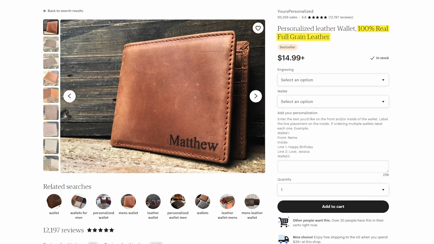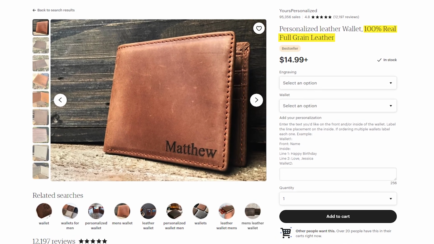So very important to actually use descriptions and values and things that will actually describe the product a little bit more. Instead of saying excellent product quality, maybe you could say, 100% real full grain leather, right? That should also sort of tell the customer that it is an excellent product quality because you're describing what an excellent product quality actually is.